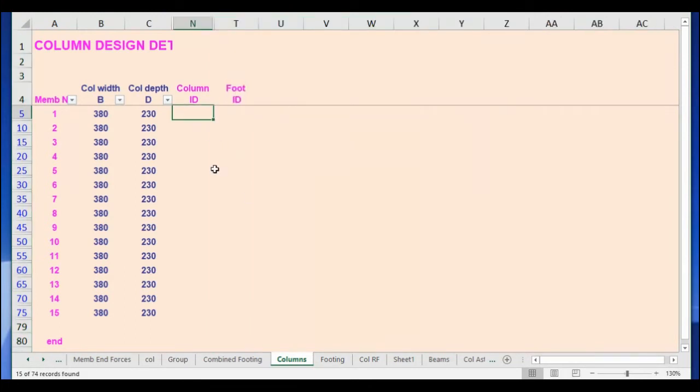Before assigning the column ID, you have to group the columns. Before assigning the footing ID, you have to design the footings. Based on that column grouping and footing design, we need to enter the values. I am assigning column ID as C1 for the members 1 to 8.